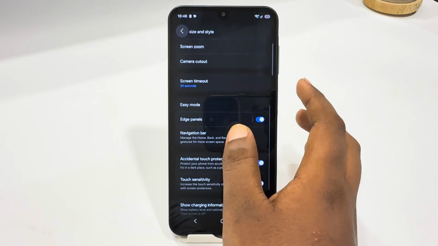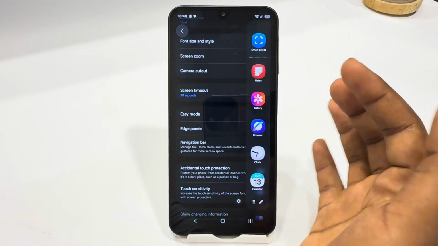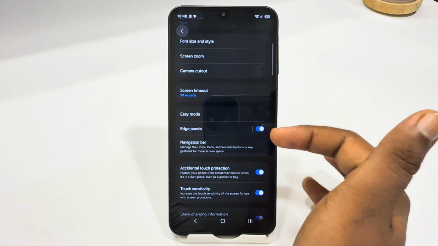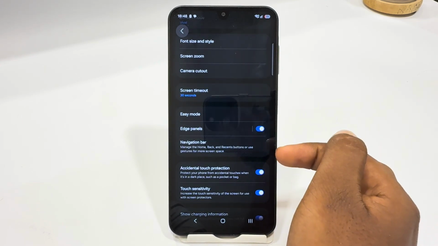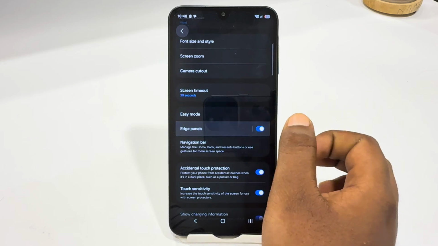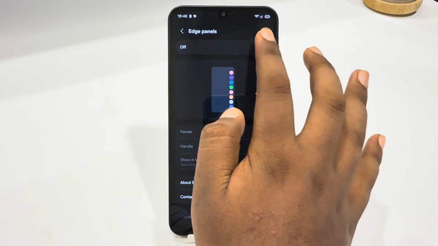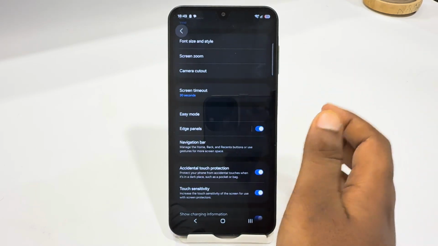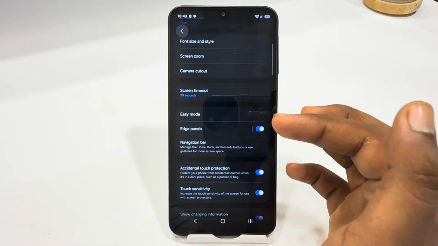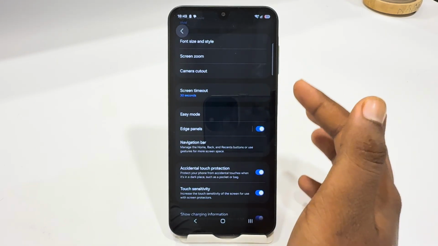So once I switch to dark mode, the edge panel might be visible here. If you're still facing the same issue, your edge panel is enabled but you're still facing the same issue, you can try to disable and enable your edge panel again. But if you're still facing the same issue, your edge panel is enabled, your edge panel is not showing here,